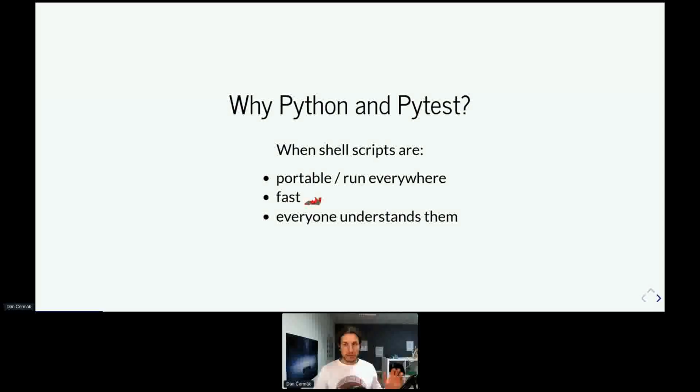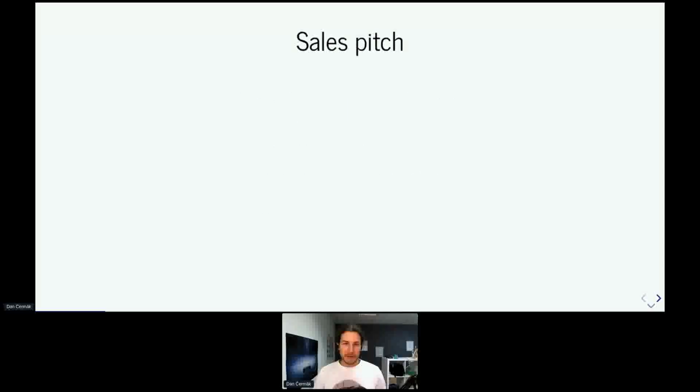So in principle, shell scripts can be used to do things. But let me put on my, I don't have a hat. So imagine I put on my salesman hat and try to sell you the Pytest container plugin, why you should use it or why you should give it a try. Well, first thing first,